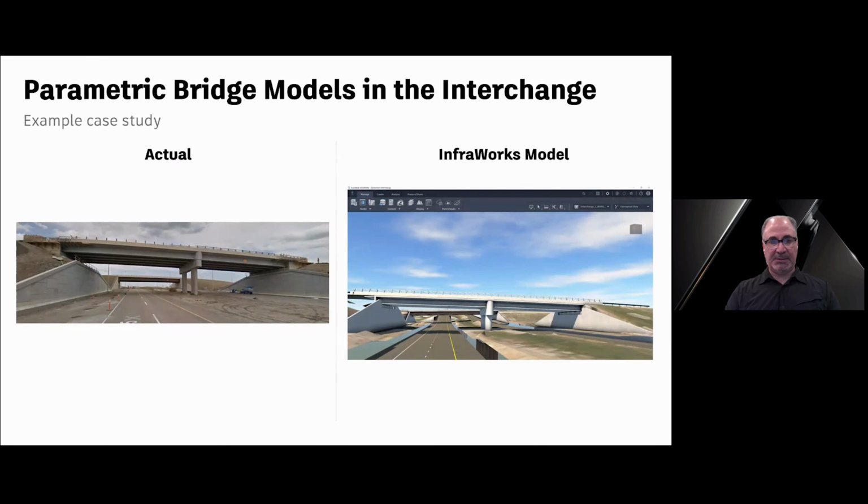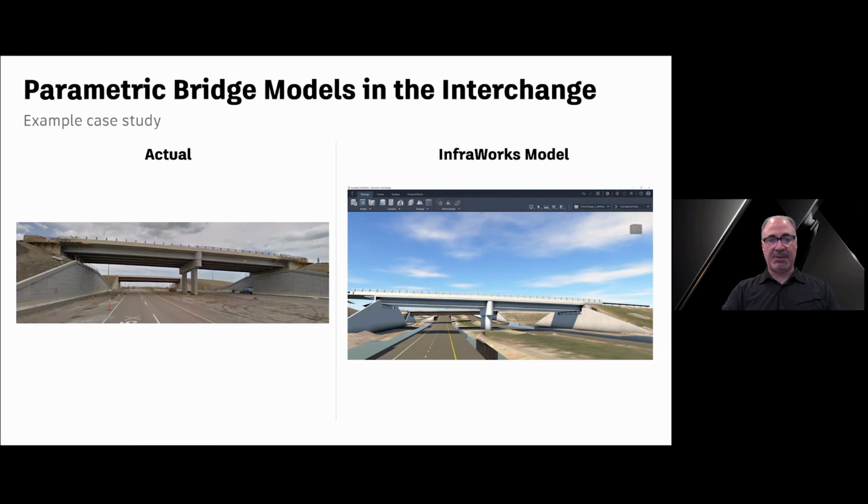And another look at some of the bridges of this interchange, you can see here on the left, a 2-span concrete bridge, and in the background, you can see a single-span steel bridge. And once again, these are represented in the InfoWorks model, including all the retaining walls and the single-span steel bridge in the background. How do we get there?